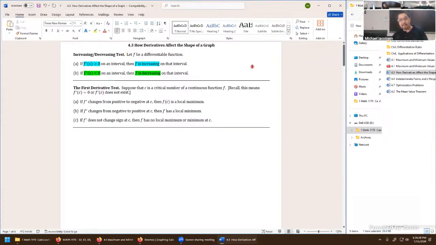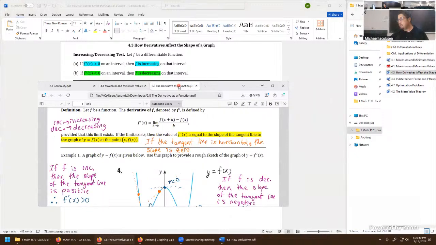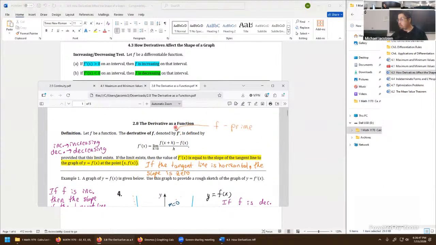One thing that's kind of interesting here is we have actually used that test already in the notes. All the way back in chapter 2 in section 8, we were here. We had just defined the derivative when we did this particular section, 2.8. The derivative as now a function. So we stated the difference quotient limit here, but we were massively emphasizing that the derivative of f at x, if this limit exists, f prime at x is equal to specifically the slope of the tangent line of the